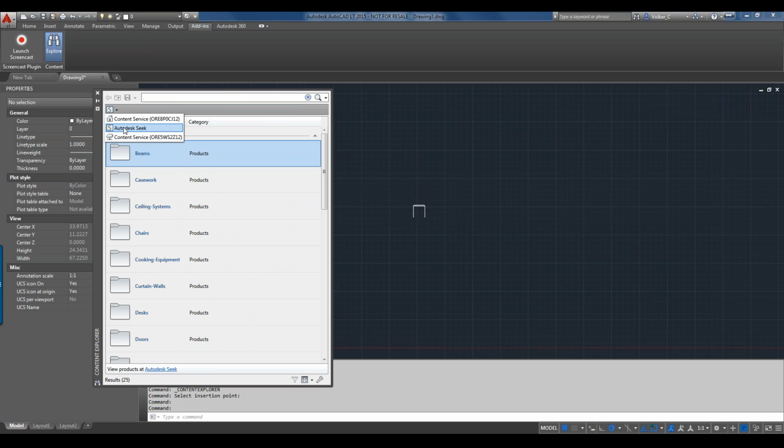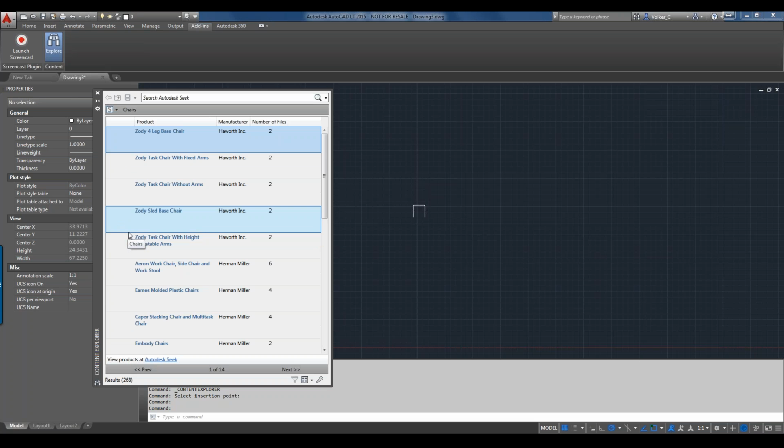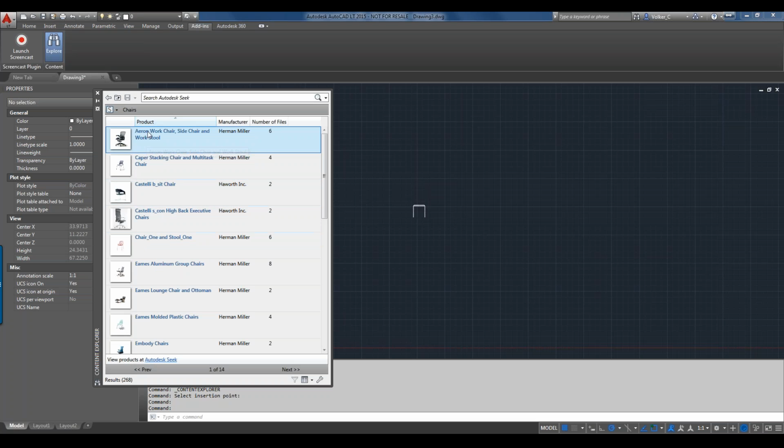We'll take a look here at Autodesk Seek. I'll show you some cool search functionality in a moment. Autodesk Seek does not support some of this search functionality. If you're not aware of Autodesk Seek, it's basically a website with manufacturer products. And so here in this case, let's go to chairs. And on this website, depending on the manufacturer, I can choose these objects and insert them into my drawing. So this work chair,